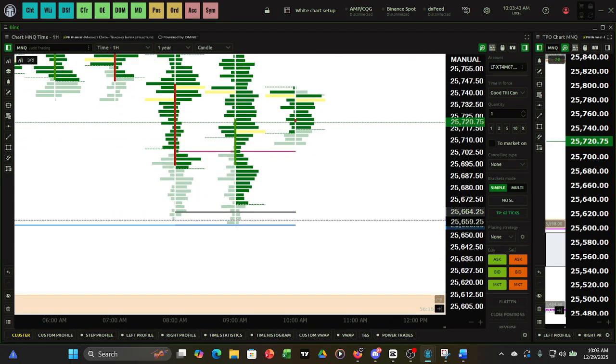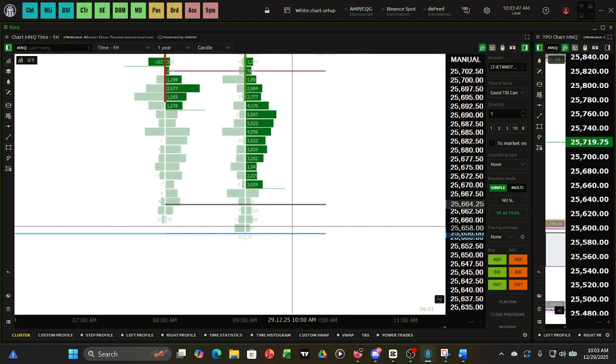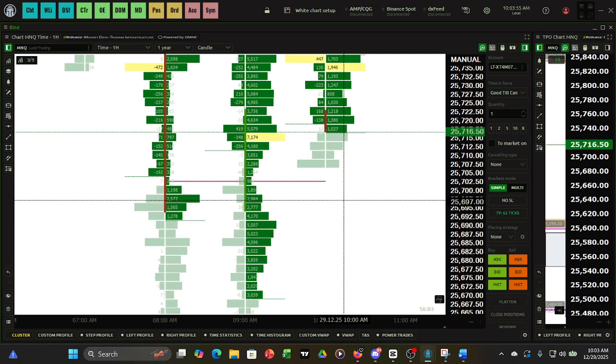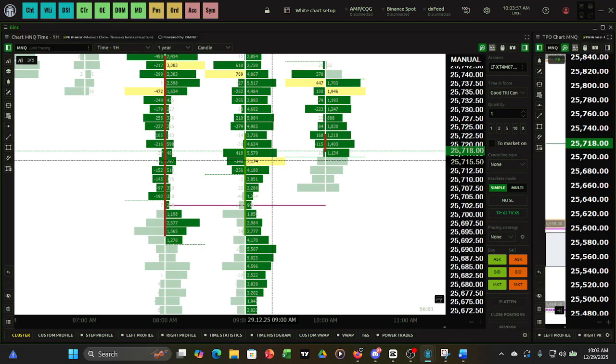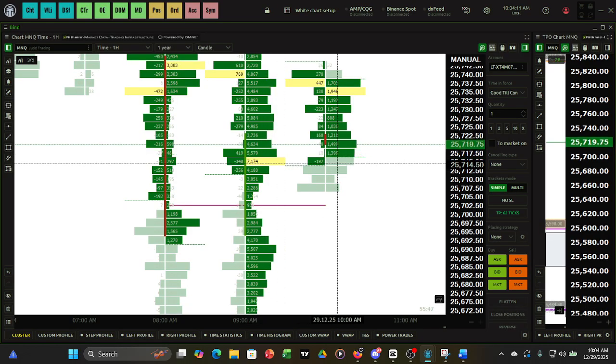Now if I go down here, let me see if there's a failed auction down here. Okay, you see this right here, 1010? That's a completed auction. So like we saw earlier, there's no reason for price to come back down to here. And here's a POC. Let's see if this is a pretty big POC number in here. Let's see if we can get some support here. There you go. It kind of gave you some support